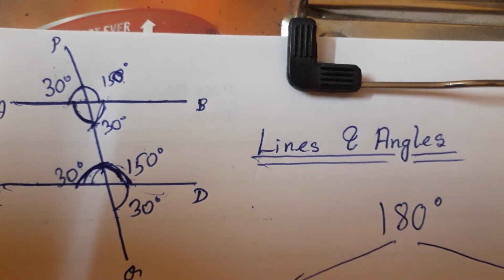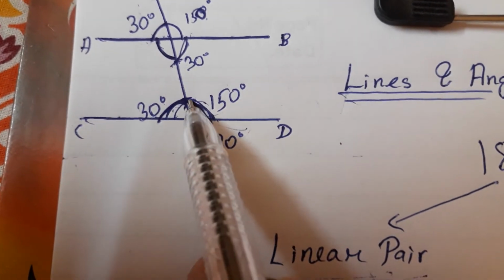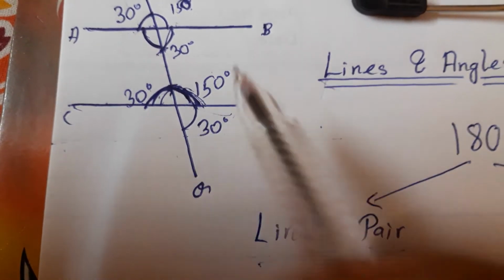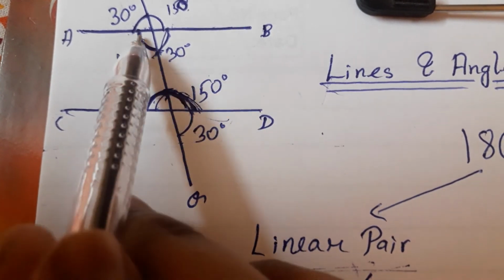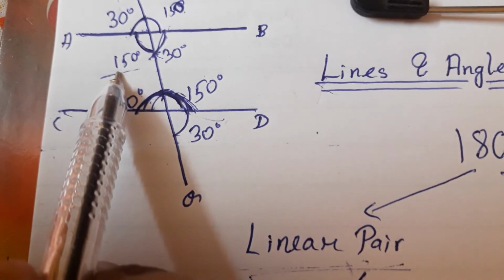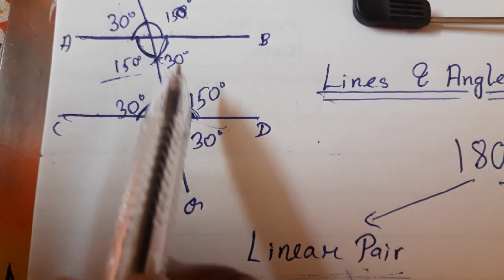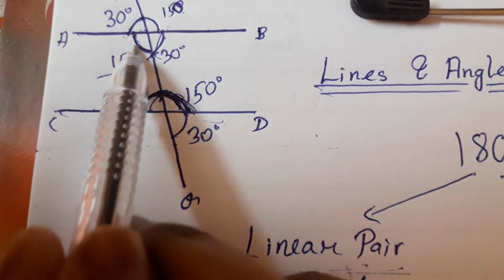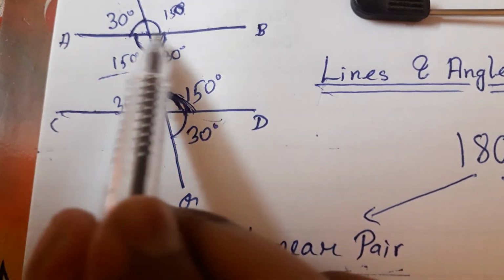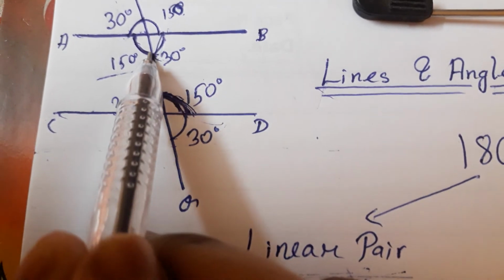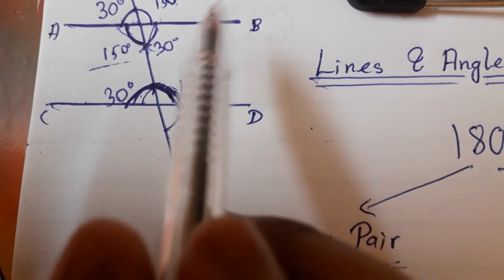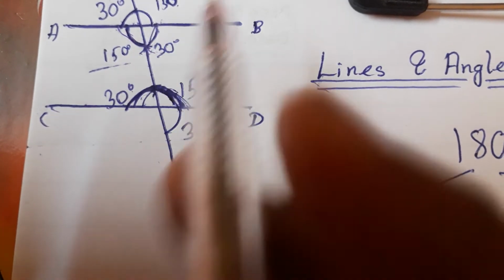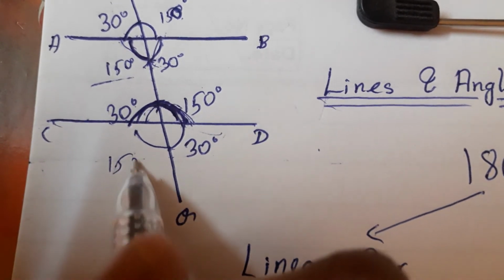See, you can match automatically. Now see, if this angle is 150 degrees, then by alternate interior angles this angle will also be 150 degrees. By alternate interior angles we can get this angle equals this angle, that is 150 degrees, and by linear pair you can get 30, since 180 minus 150 equals 30. Now see, if this angle is 150, then this angle will also be 150 degrees.